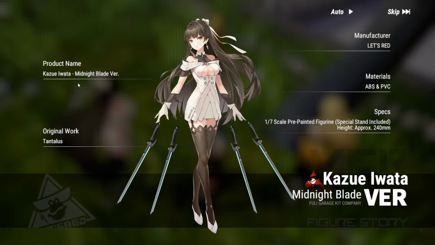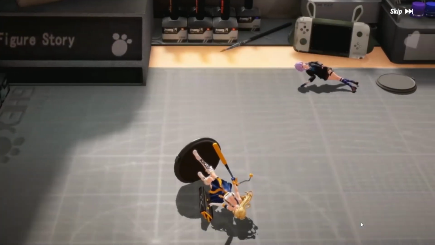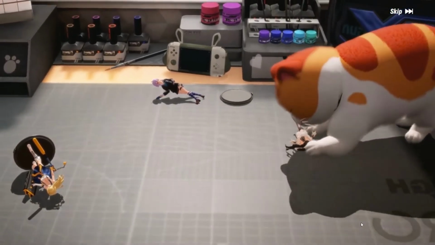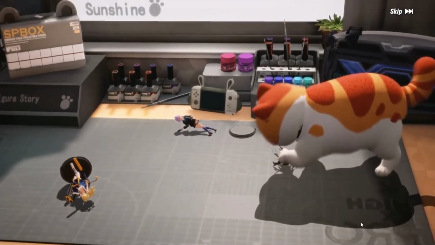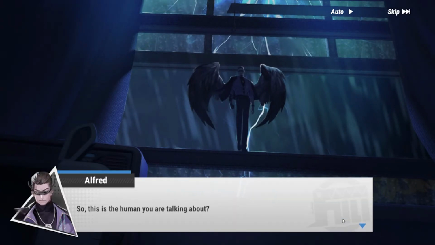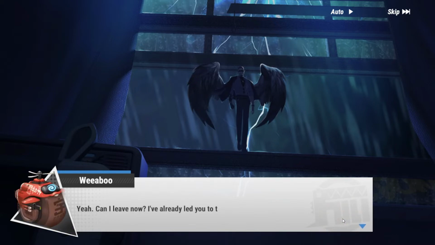Each character has descriptions as a figurine would, such as a product name, original work, manufacturer, the materials the figure is composed of, and its specs. Now, I'm not going to outline the entire chapter here, but basically, figures are alive in this world, like in Toy Story, and even have organizations to keep order among them and keep humans from finding out, as well as the antagonist order called Apocalypse, that works toward disorder and destruction, and you as the protagonist are caught in the